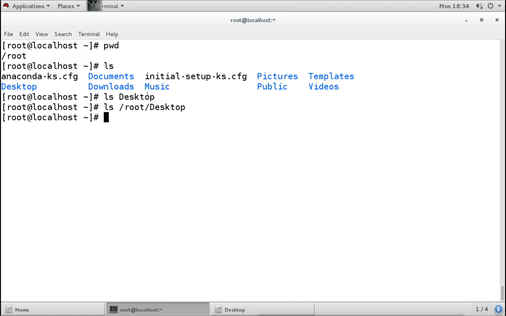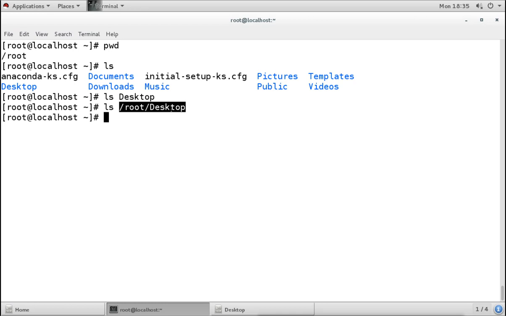But you can see that in the first command I used the local path, and in the second command I used the absolute path. Remember, absolute path means you mention the path from the beginning slash, then under the slash there is this directory, then under that directory we have this directory. So the local path can work only when you are under the same directory where that file or directory is. If you want to do something from another directory, then you have to give the absolute path.